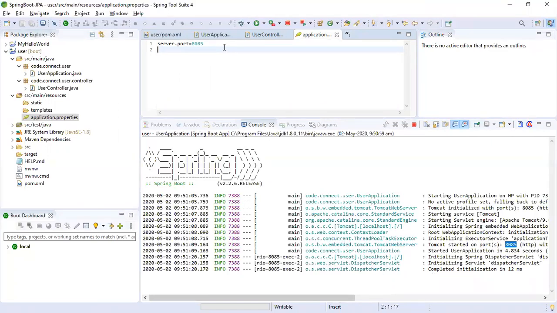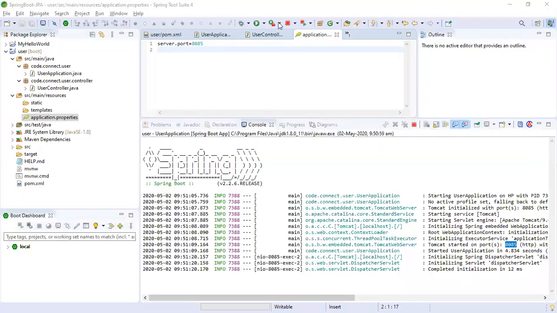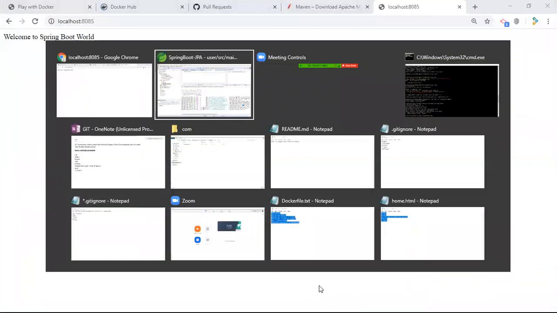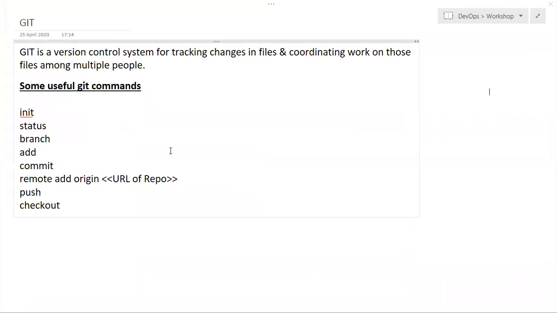So that's all about Maven. Next we'll go to Docker. Okay, so we have completed that. To recap whatever we have learned,